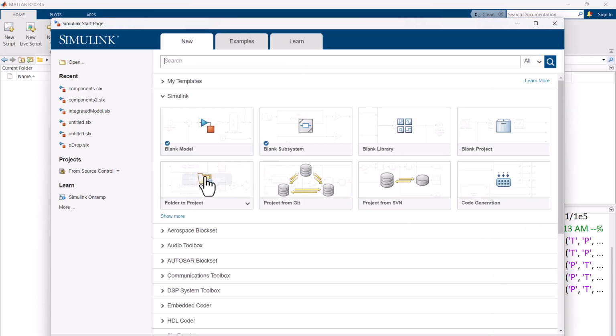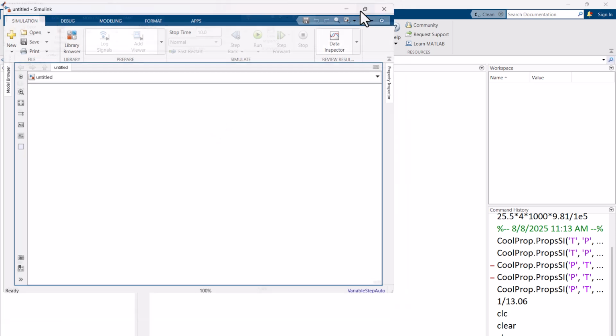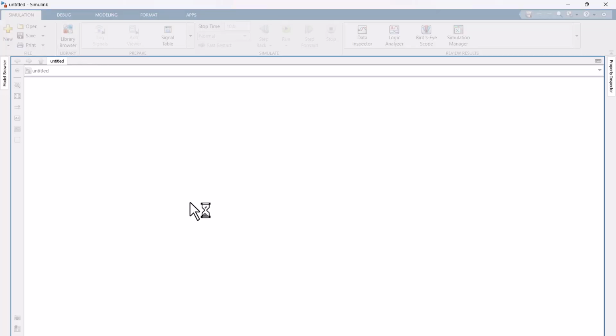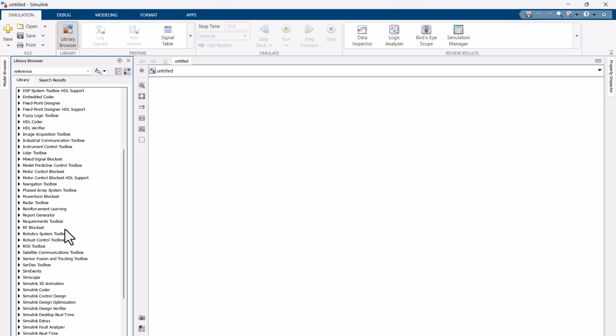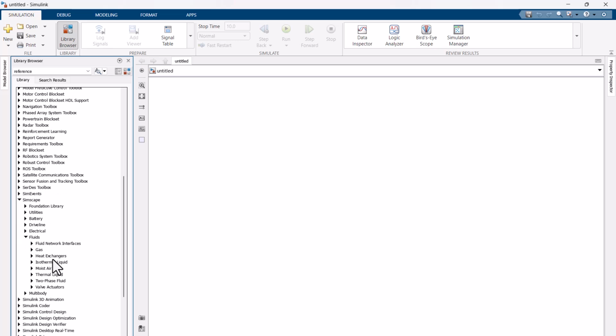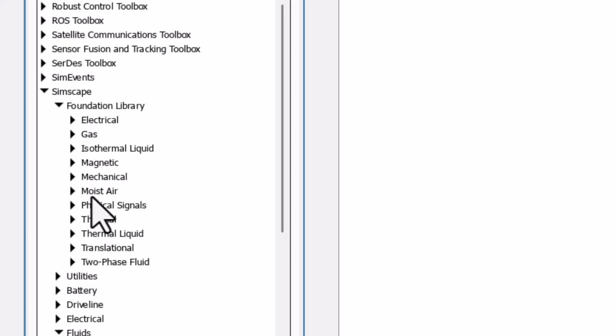Today I want to talk about the sensors, and in the previous tutorials you probably have seen that I have used some of these sensors, but I had not made a specific video on that topic, and now I'm going to cover everything that you're going to need to get started with sensors in MATLAB Simscape. So I'm going to start with an isothermal liquid system, and the first sensor I'm going to talk about is